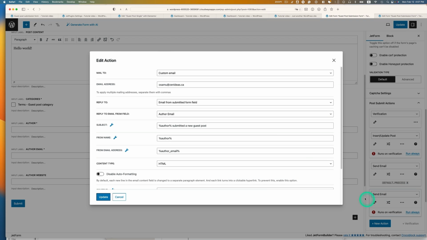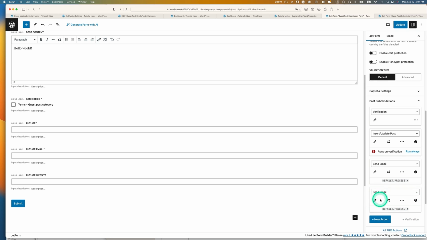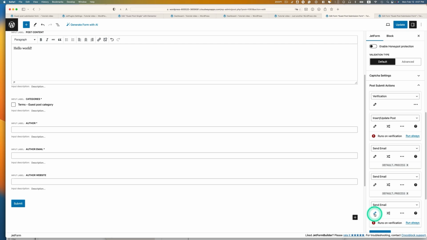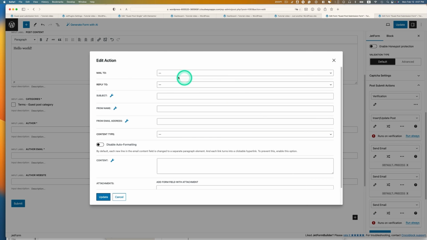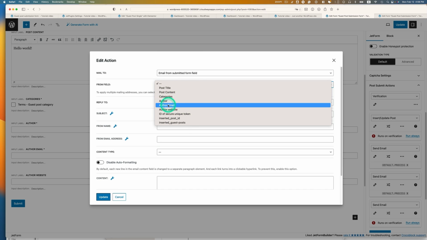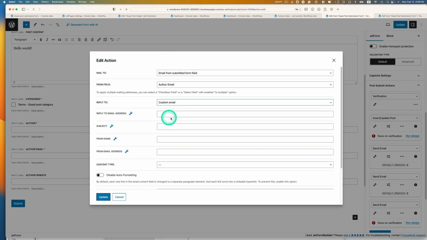And the same here. This goes out to admin that somebody posted, right? So this notification doesn't need a verification, so run always. Okay, and I'm going to add a new action here, another email, and then click that. So this email goes out to the guest author. So email from author email. Okay, and the reply to, you can probably put the custom email here,